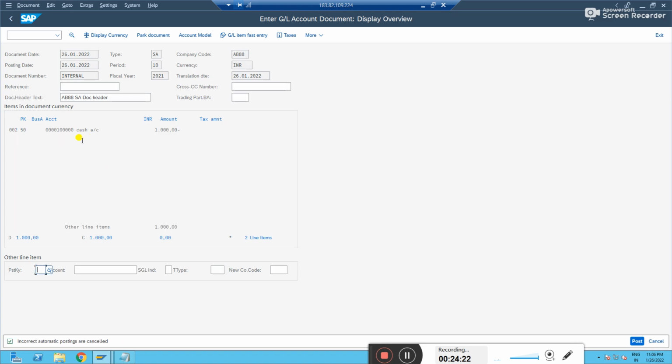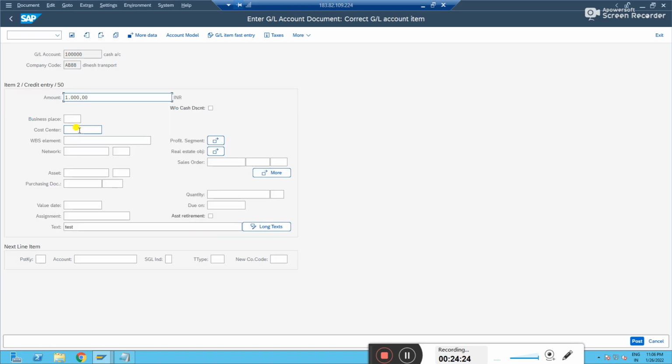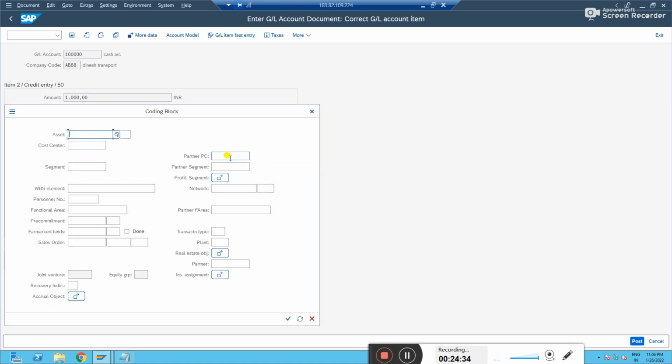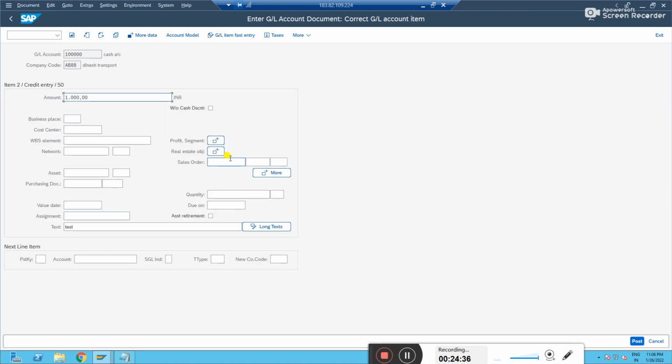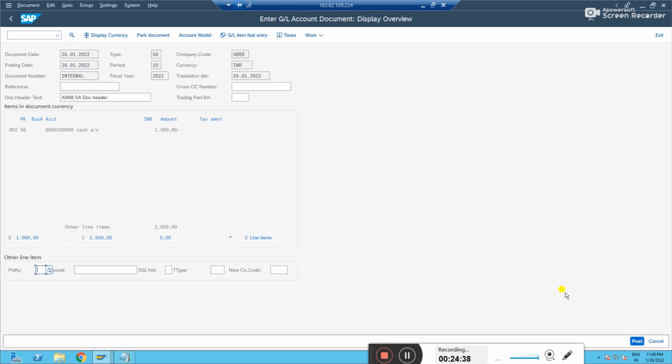So still it has some inconsistency. Profit segment. Let me go to more, add the same, simulate, post. So it didn't work. Okay, it has an issue. So what we'll do is now, as we have not defaulted a profit center and as we have not given any cost center which is already linked to a profit center, so what we'll do is